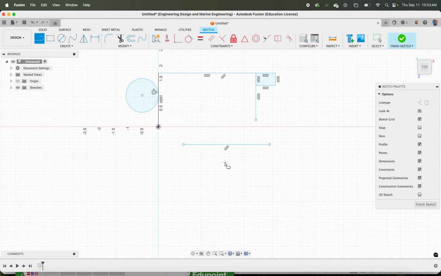Perpendicular. L for line, slightly off angle. I'm going to now make this perpendicular to this and this perpendicular to that. If you want to delete a constraint at any time, hit escape on your keyboard, click on the constraint, and hit delete. And now I can go back to moving these things so that they actually have a different angle